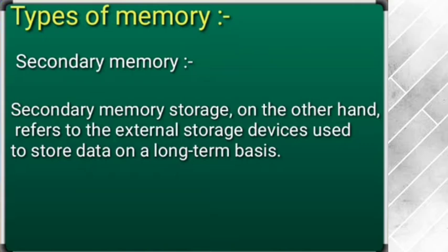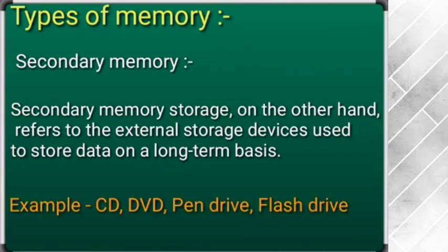Now why is secondary memory required? Actually secondary memory is also called external memory. As I have said, it is also named auxiliary memory. To increase the storage capacity of the computer, we need an additional memory device which is called a secondary memory. There are different kinds of secondary memories available in the market like CD-ROM, DVD, pen drive, flash drive, which can be attached externally. It means outside the computer, outside the CPU, you can attach them and increase the storage capacity of your computer very easily.